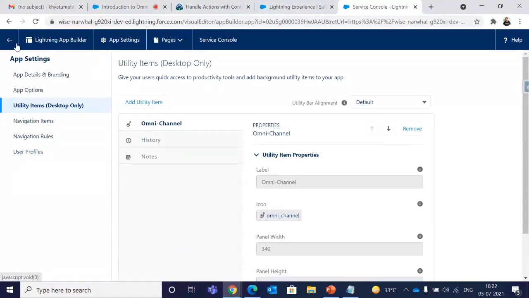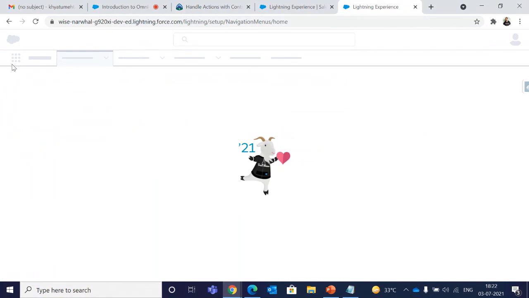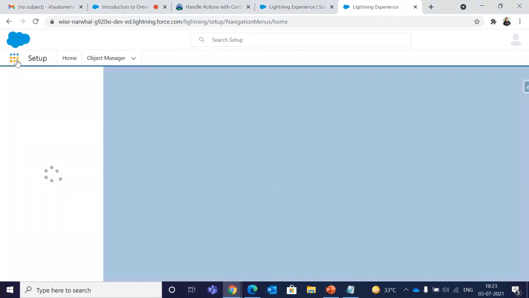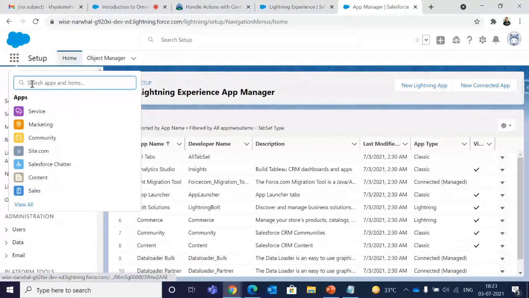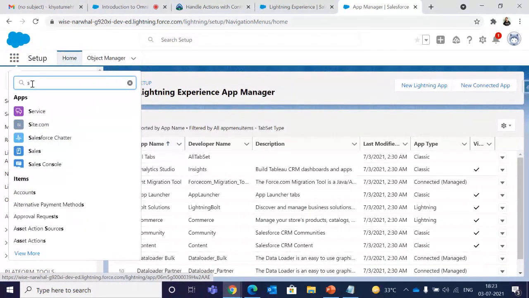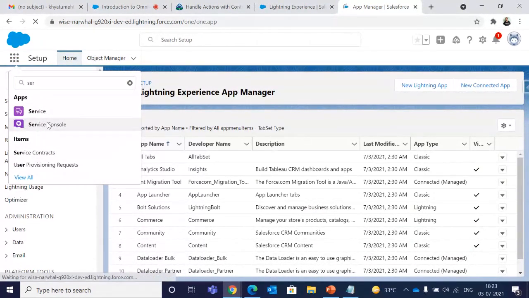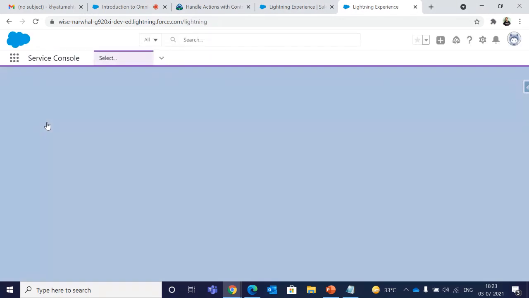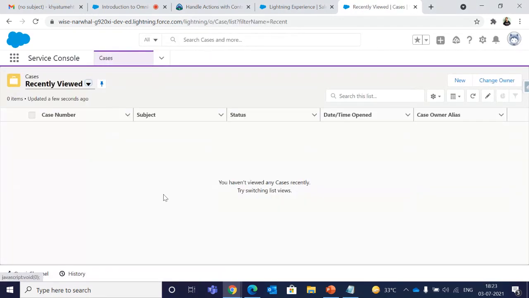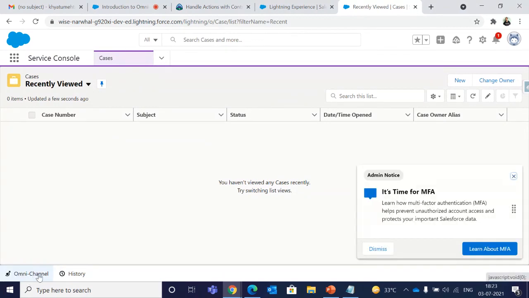So I'll go back to my application and see whether I see an omni-channel utility button or not. Click on the app launcher, go to Service Console. And we need to go to cases. So here you can see at the very left bottom, I can see omni-channel tab.